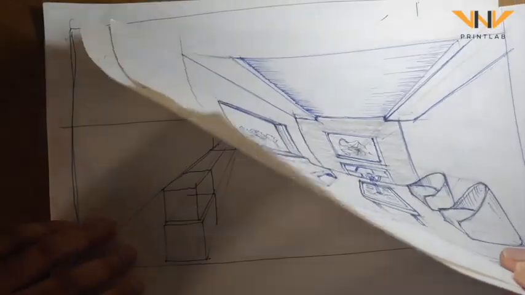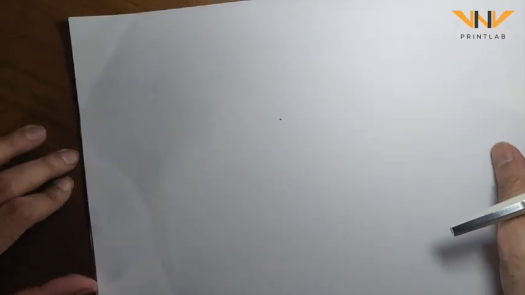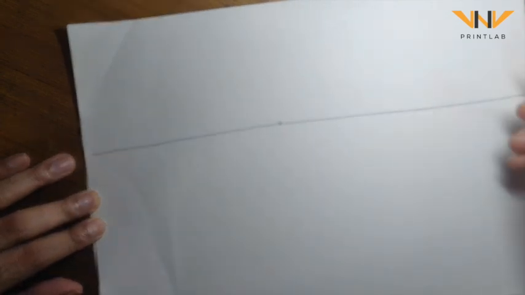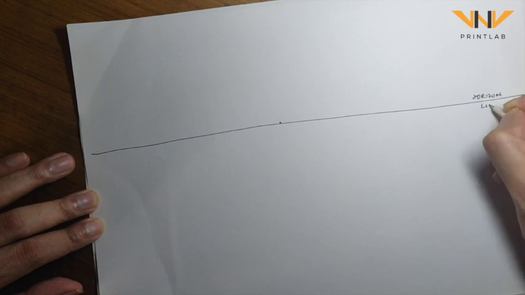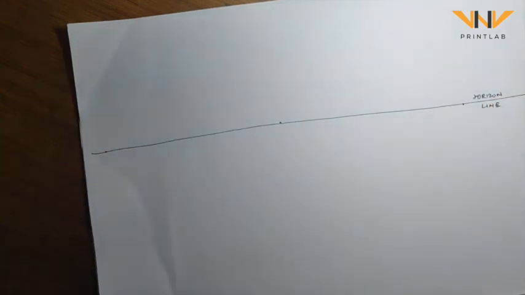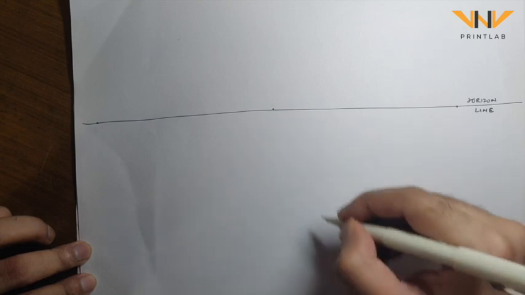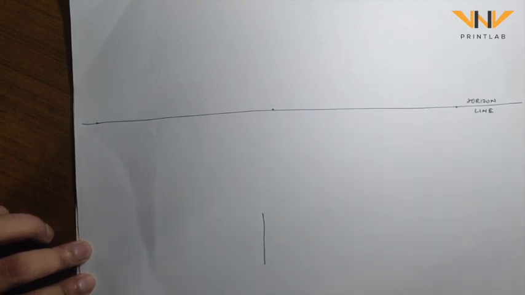Once we are through with understanding what the one-point perspective is, we move into what is called the two-point perspective, which again uses the concept of a horizon line and 2 points. In this regard, let's say we want to draw something in this line. Let's say we want to draw a cube. At the start of the line,